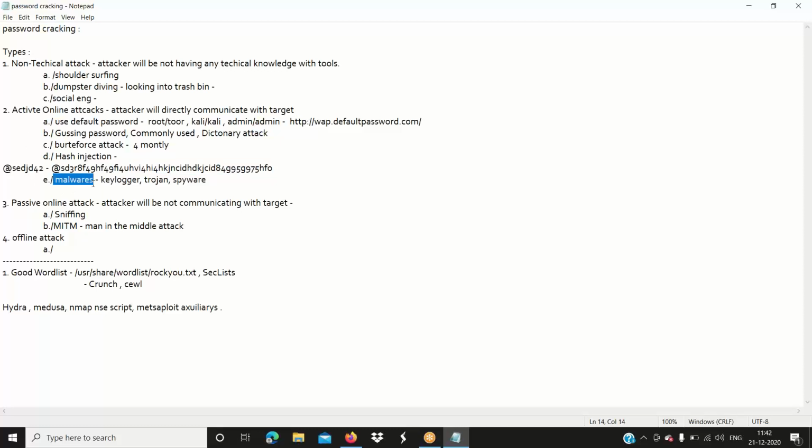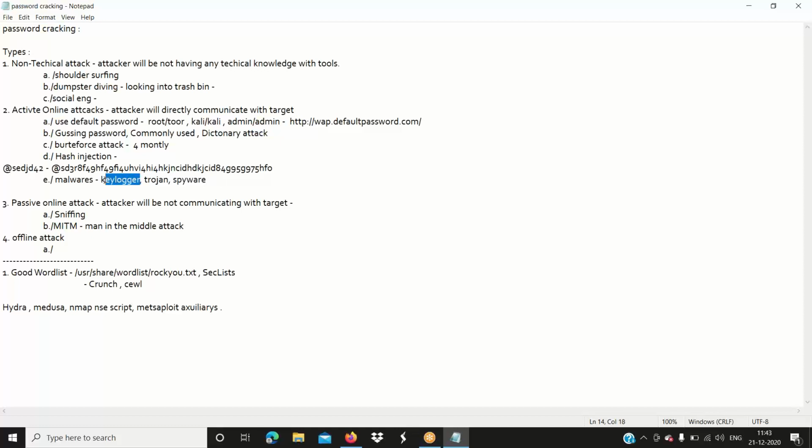The last one is with the help of malware. Let's say I have already infected the system and have access, and I install keyloggers, trojans, spyware, or any kind of malware, which basically helps us monitor user activities. From there also they can get the passwords.